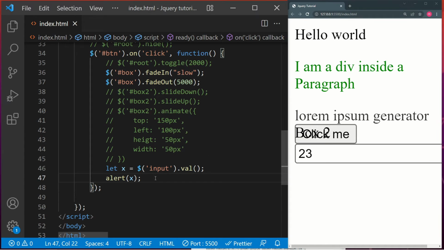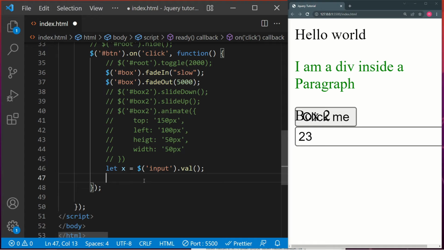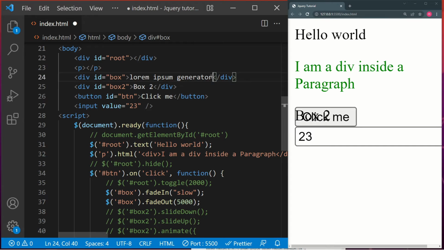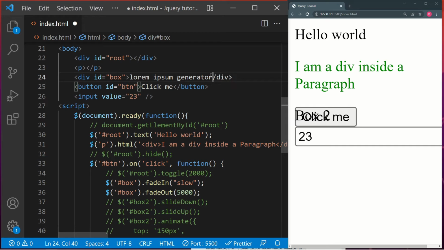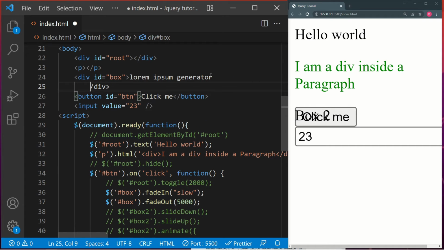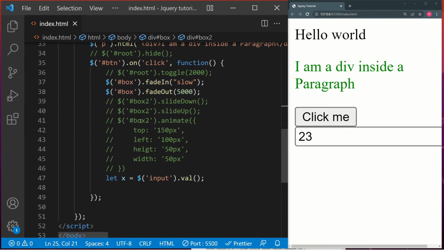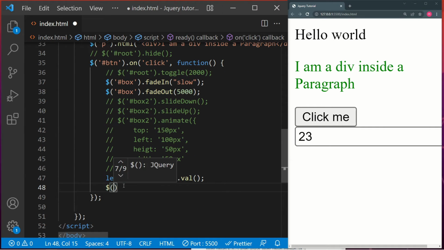Now we can also do, let's say, what else can we do? We can show you how to add CSS and stuff. We can take, for example, the box. Okay, so let's add this box 2 in the first box. So this is nested in the box. So this is the parent of this one. So now if I say box children,